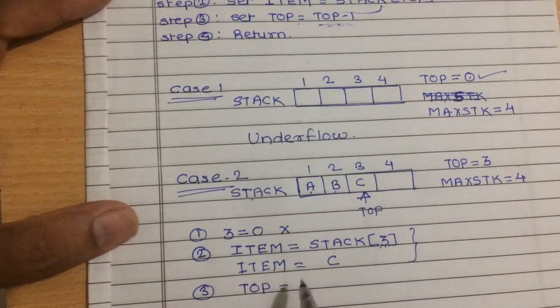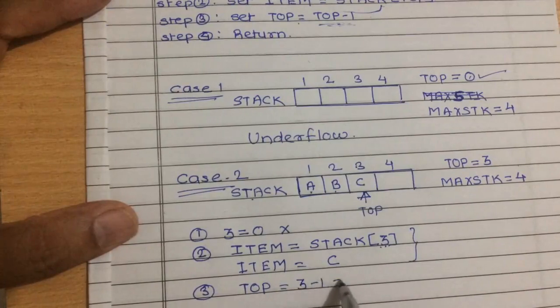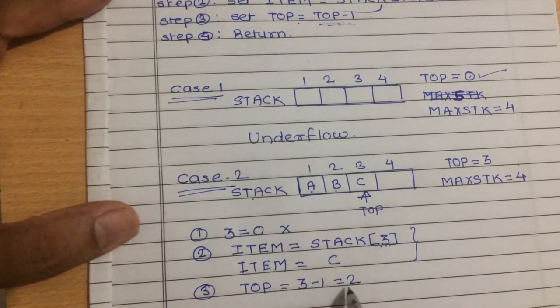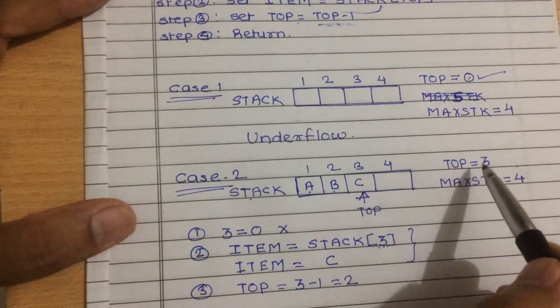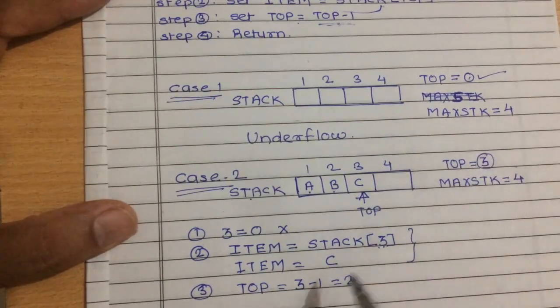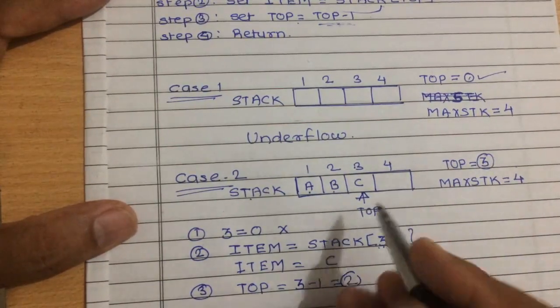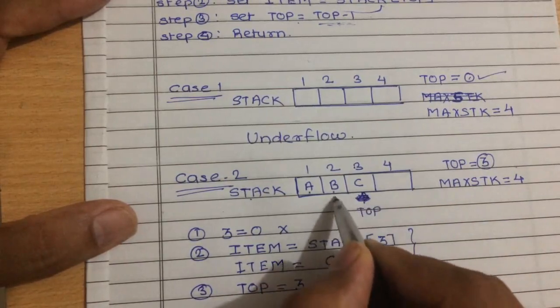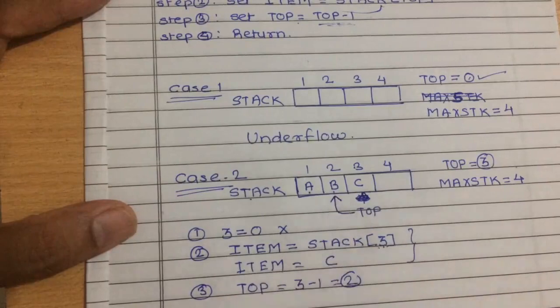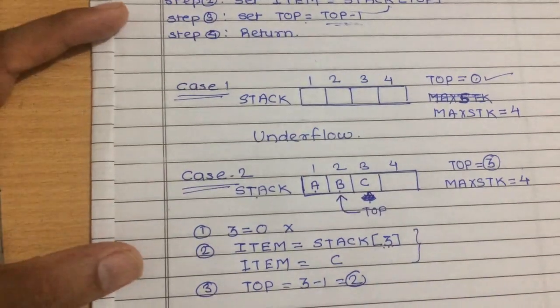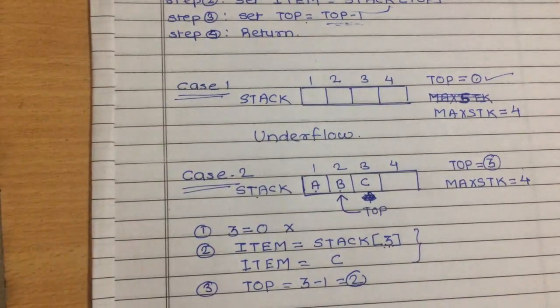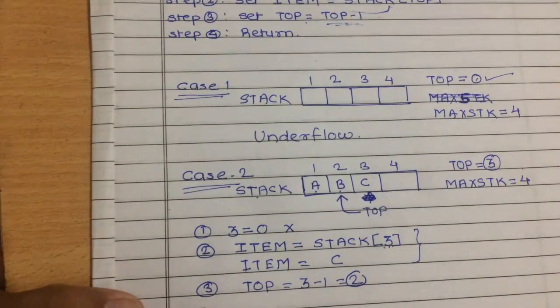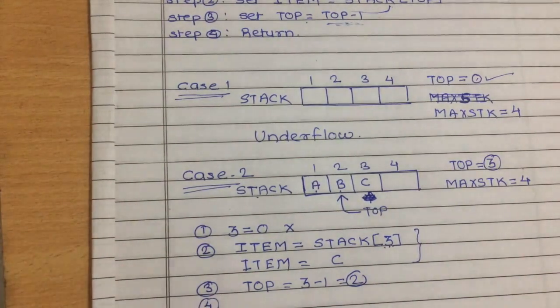So here in this case value of top is equals to 3. 3 minus 1 will get 2. So now initially the top was pointing to the third location. Now here it will point to the second location. So instead of pointing to the third location, now our top will point to the second location. Okay, so this is about the third step, and the fourth step is just written, so we will come out of